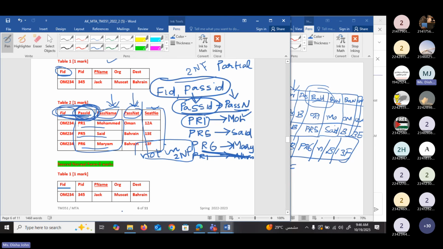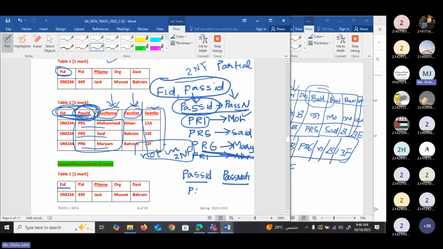Okay, if you find one, then no need to check for others, but for you, I will explain with the passenger nationality. So what we are checking is whether there is a dependency between passenger ID and passenger nationality.